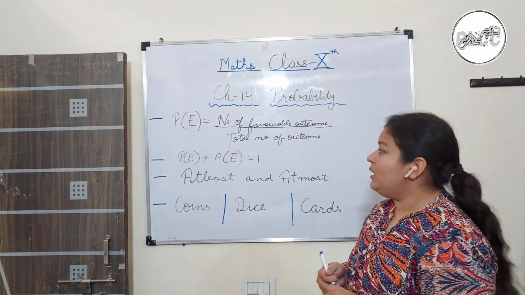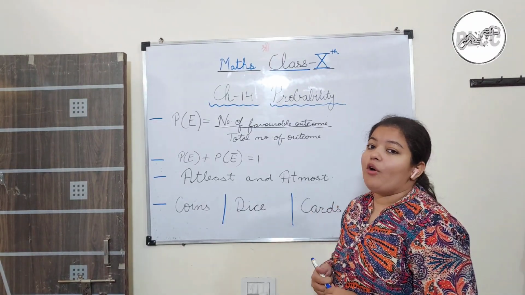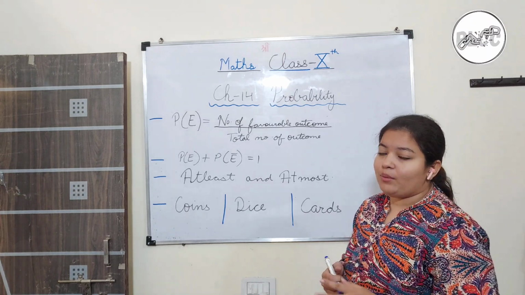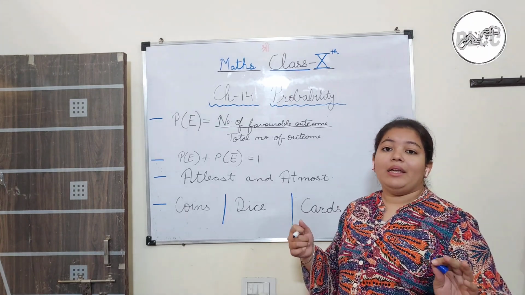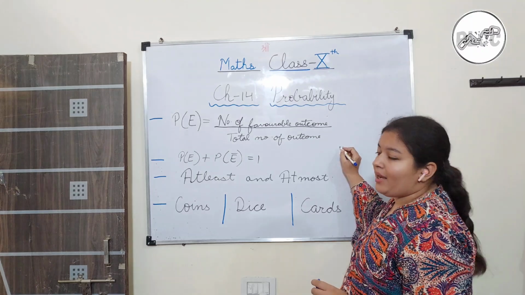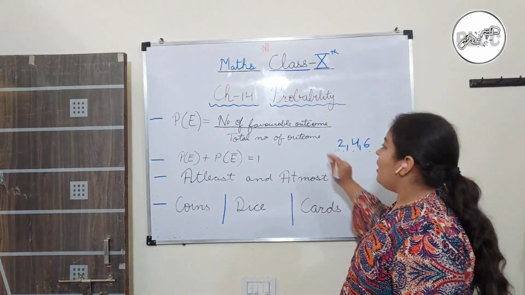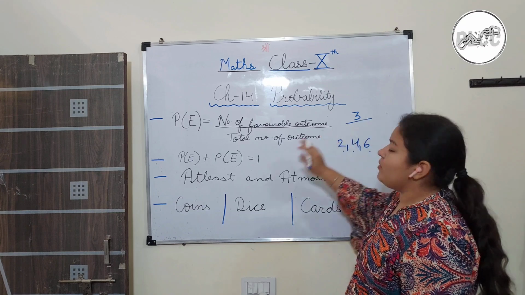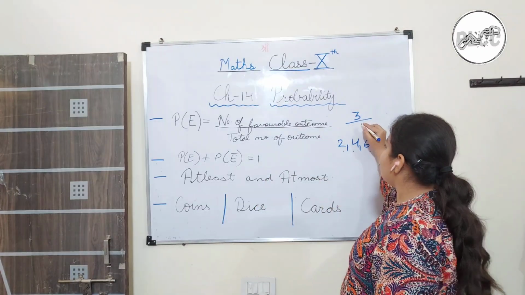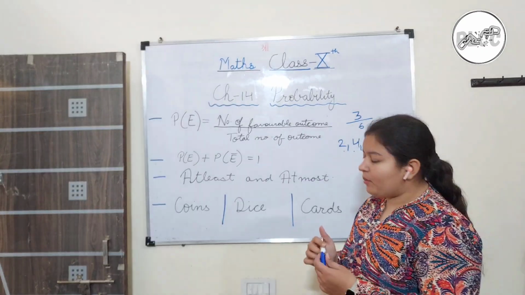Suppose in the question we are given that we have to find the probability of any number occurring on the die when rolling, where the number should be even. Okay. So what are the even numbers on the die? 2, 4 and 6. So 1, 2 and 3. The number of favorable outcomes will be 3 upon the total number of outcomes. What is the total number of outcomes? That is 6. I hope I am clear. Moving forward, we have